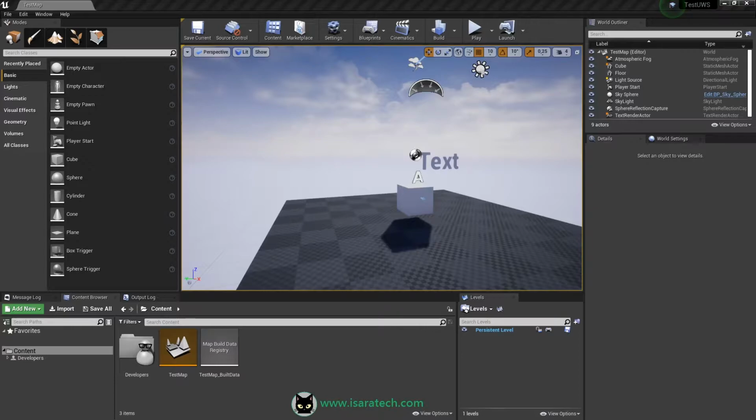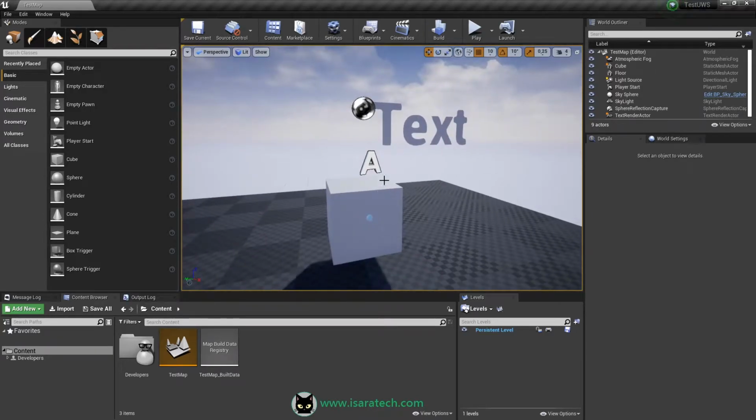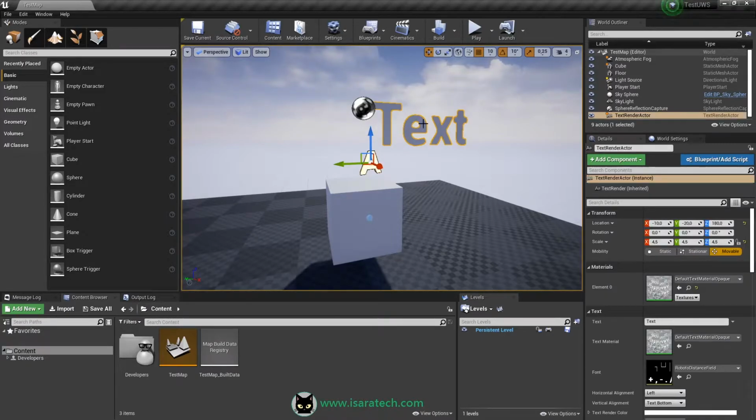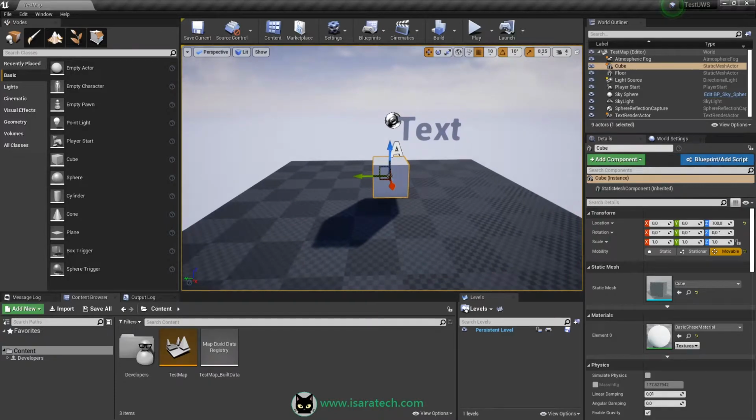So, we already knew how to use a basic HTTP endpoint to do some customization on our assets. For instance, we already know how to set a text render. We already know how to move a cube.